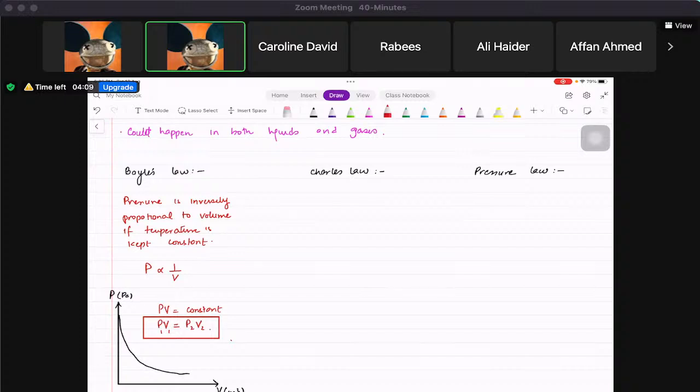Now, Charles' law states that temperature is directly proportional to volume if pressure is kept constant. Which basically means that,